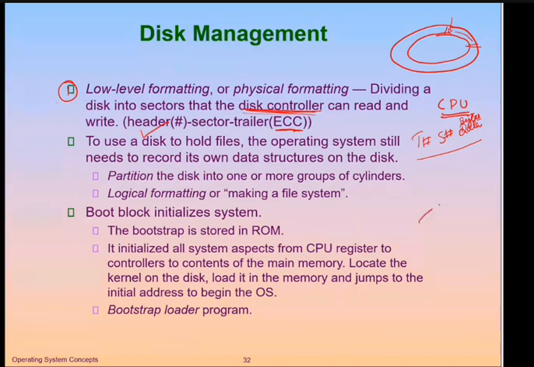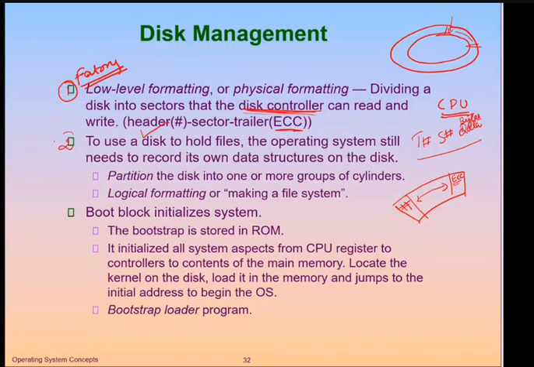So when you look at a sector, there is the sector number, then the data stored, and in the end the ECC code stored for that sector. This ECC code helps the operating system know about any kind of error or bad sector. This is the first step we have to do, and generally it is done at the factory level. When we purchase a hard disk, it comes with low level formatting already done.